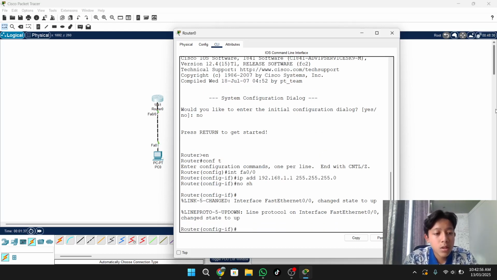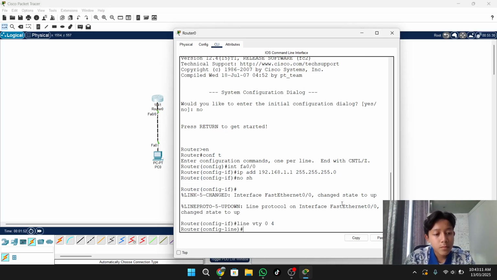Okay, after that you can configure the virtual terminal lines: type line vty 0 4. After that you can configure login and password.